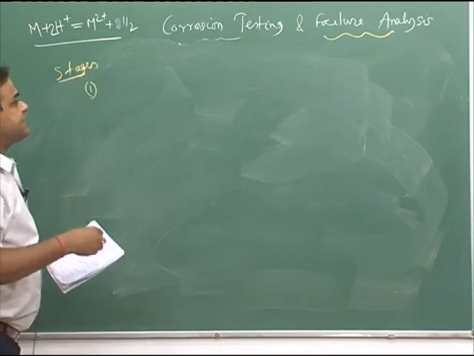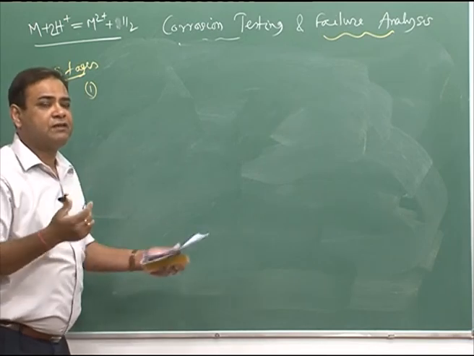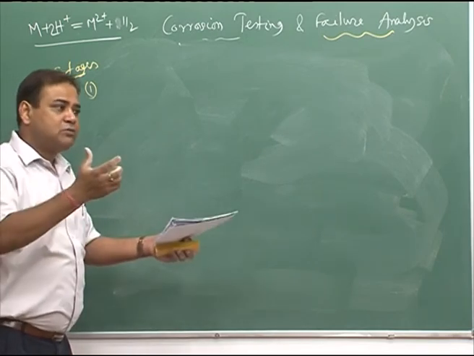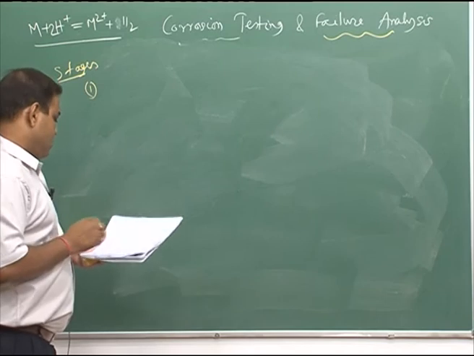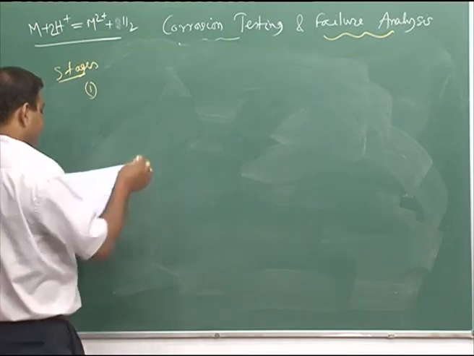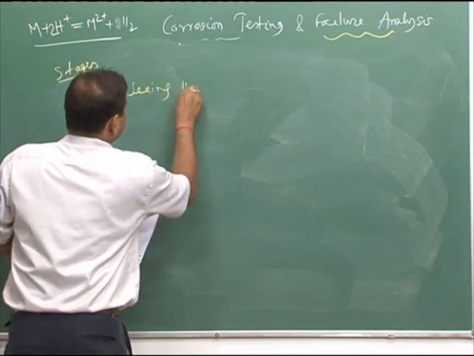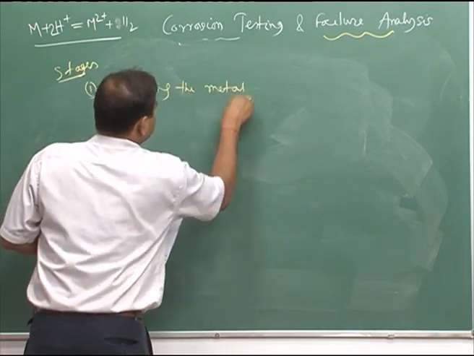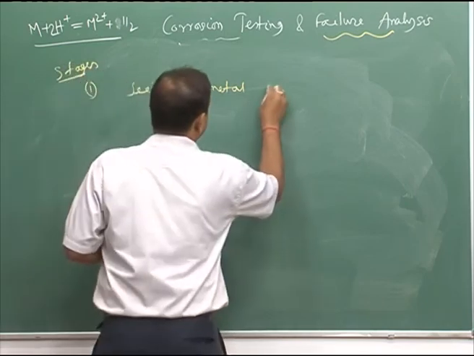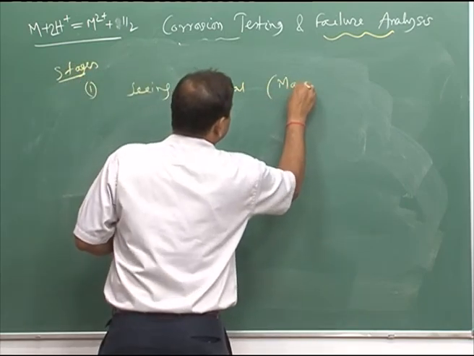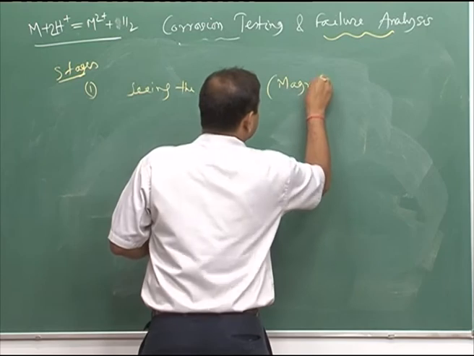The first stage is getting whatever information is available to the naked eye; those are to be collected. For example, seeing the metal, and with magnification, the magnifying glass